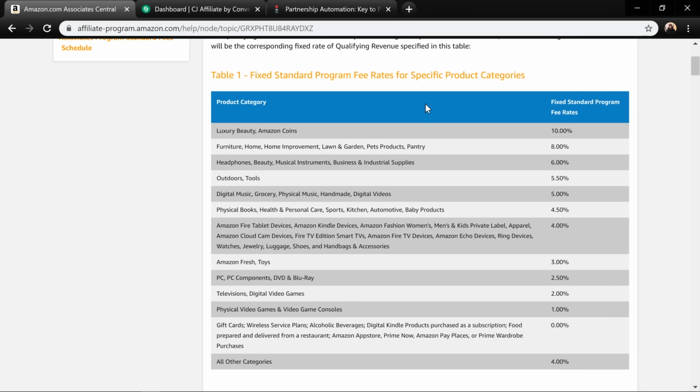This has happened to me many times in the past. They decide to buy a couch or a sofa on Amazon. They pay $1,000 for the couch. Well, if we look at the chart here, furniture is an 8% commission on Amazon. So if they pay $1,000 for a couch, I'm going to get $80 for them buying a couch, for a camera that I linked to the day before. It's really kind of bizarre, but this is how it works.